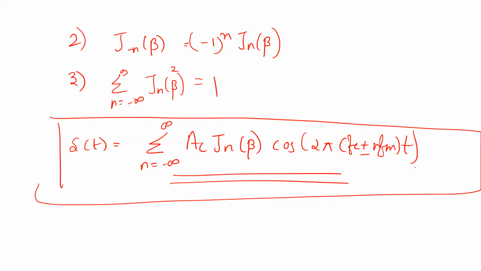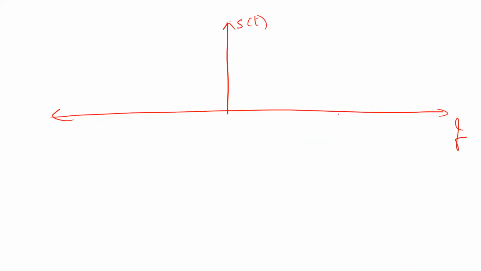So did you write this equation? Yes, I did. It's plus and minus, right? Yes. So now we'll try to write it over here, the kind of equations and everything. It's the same thing. If we take this to be FC, I'll write here FC plus FM, FC minus FM, FC plus 2 times FM, FC minus 2 times FM. Anything wrong in this? Not really. Okay. Now if you see,